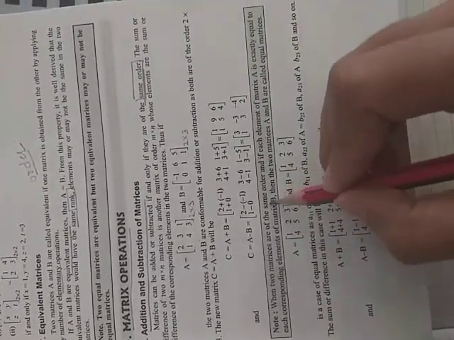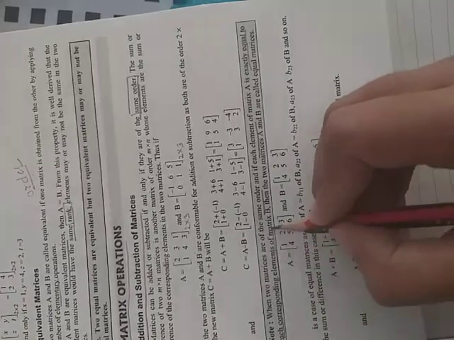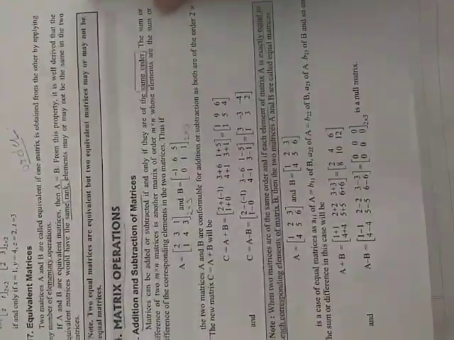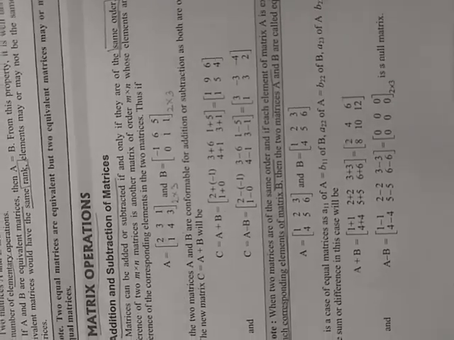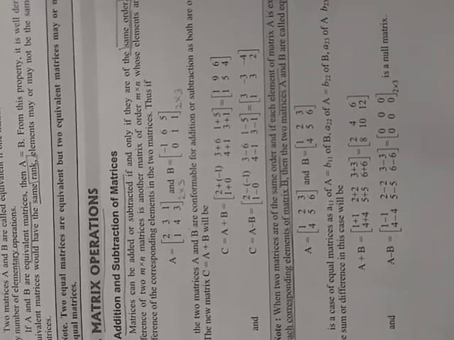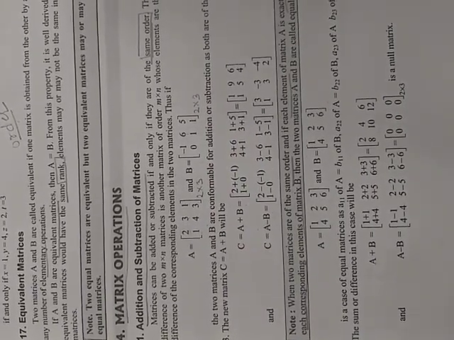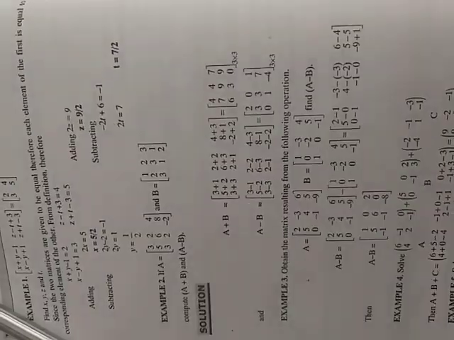When two matrices are of the same order and each element is exactly equal to each corresponding element of the second matrix, then the two matrices are equal. For example, A and B, now here this is 1 2 3 4 5 6, this is 1 2 3 4 5 6. So if exactly each element is equal and order is also same, only then the two matrices are equal matrices. Whereas equivalent matrices में elements can be different but order of the matrix should be same.